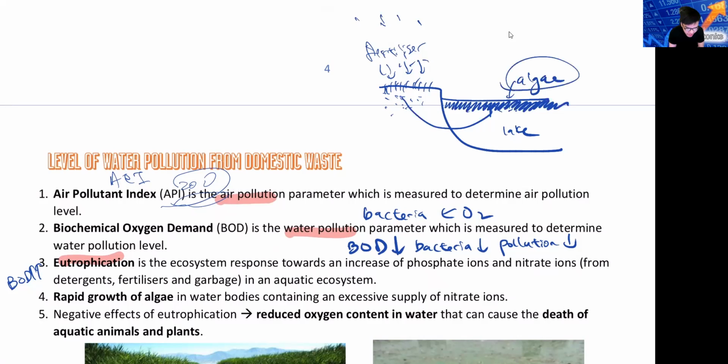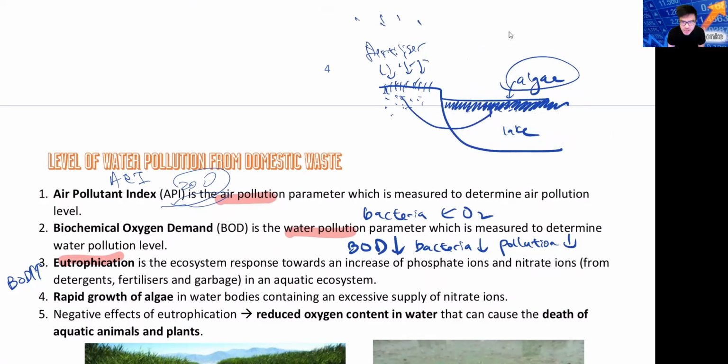If you have a thick layer of algae growing on your lake, sunlight cannot go into your lake. If sunlight cannot go in, the plants down there all die. It's like a food chain lah. When you kill all the plants, all the fish will die, everything will start to die. So now at the bottom, it's all dead fish and dead plants.